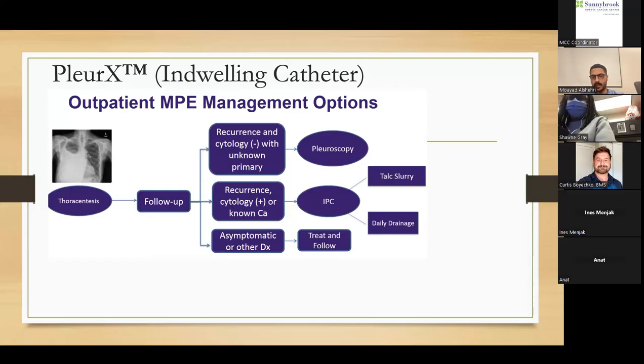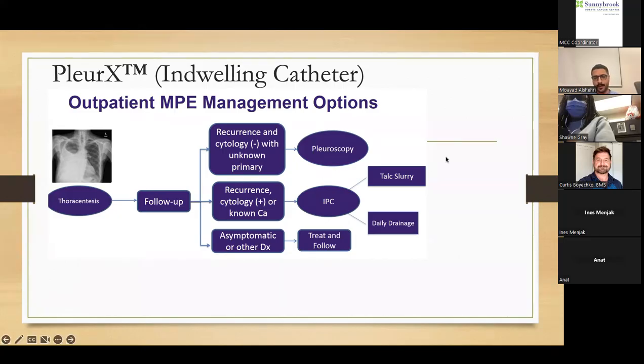If they have a good lung expansion after the thoracentesis, things to be offered are IPC alone versus IPC plus talc versus talc alone. If they have trapped lung and the lung is not having a good re-expansion post-thora, the only option they will have, if they find a big benefit to the drain, is to do an IPC or